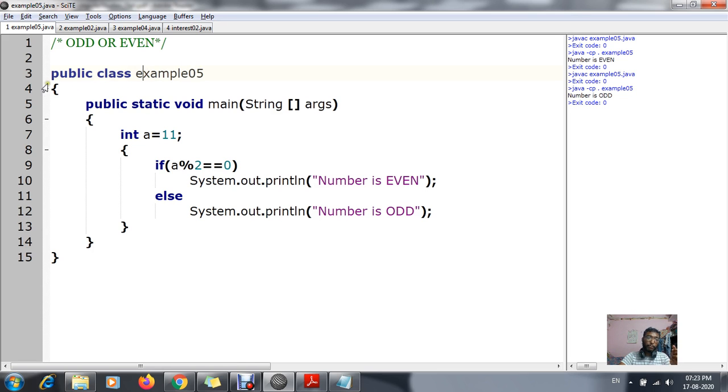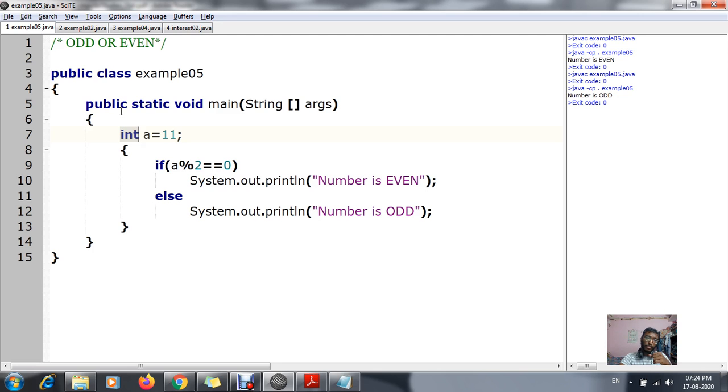Then I've started a block by using the curly bracket, and in that block I've passed a string argument by using public static void main(String[] args). Then comes the data type for declaring a variable. For declaring a variable, I'm using the data type integer, int. Int is the short form of integer, which I explained in your previous period. Data types: I told you integer, short, long, boolean, character. Such types of data types I will explain to you.